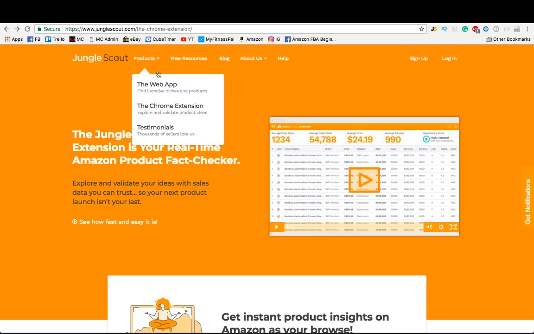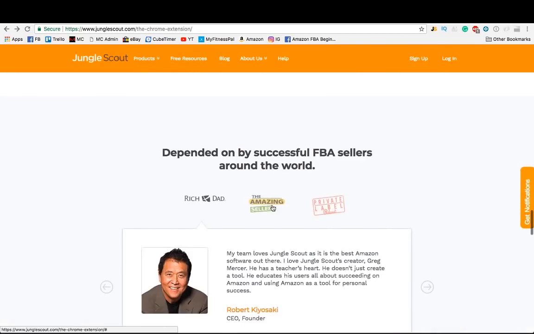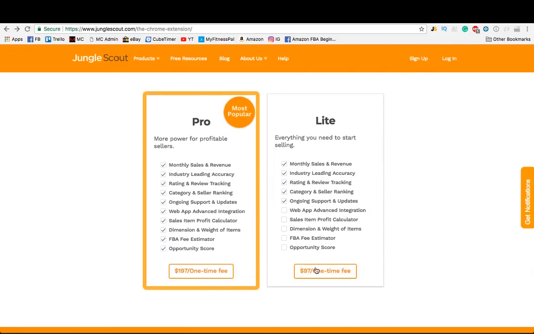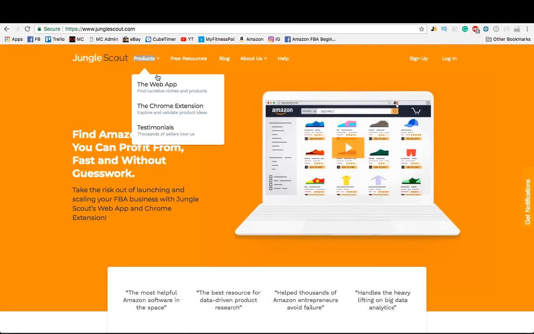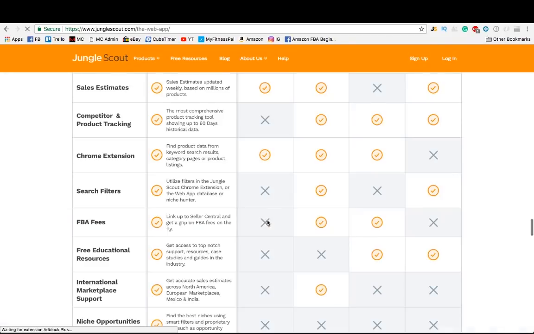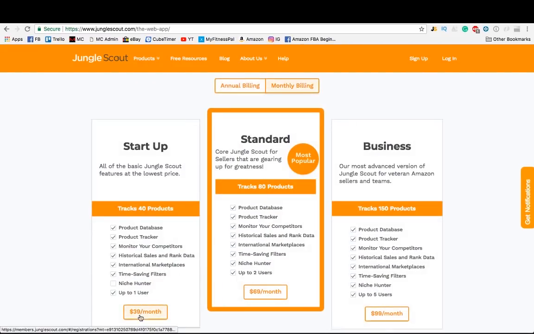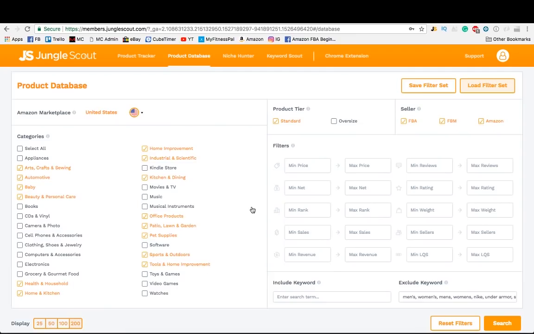There are a few options out there for tools, but I personally use the Jungle Scout Chrome extension and the Jungle Scout product database. They just work really well together, especially for beginners. The Chrome extension is a one-time purchase, the light version is all you need, and the product database is a monthly subscription. The startup version is all you need. You can always upgrade these later if you want the extra features, but they're not necessary. And what I do with the product database is I'll purchase it for the months I'm doing product research and then cancel it. Alright, so those numbers you figured out ahead of time, here's where you put them to use.